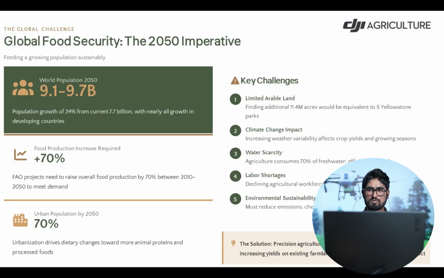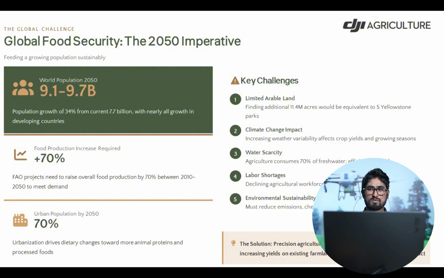Do you have any idea about the current world population? Actually, it's nearly 7.7 billion according to the latest updates. But in 2050, the world population may increase to nearly 10 billion. As a result, population growth is 34% from the current 7.7 billion, with nearly all growth in developing countries.